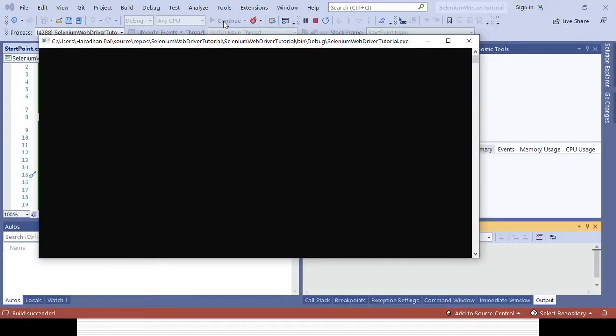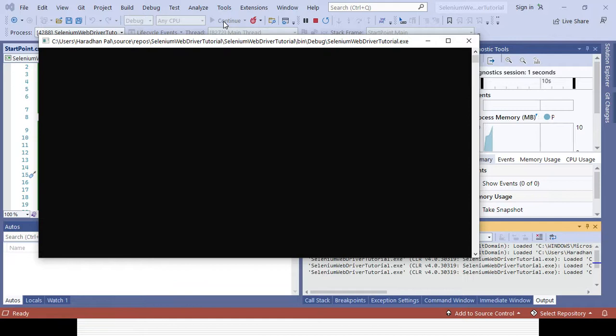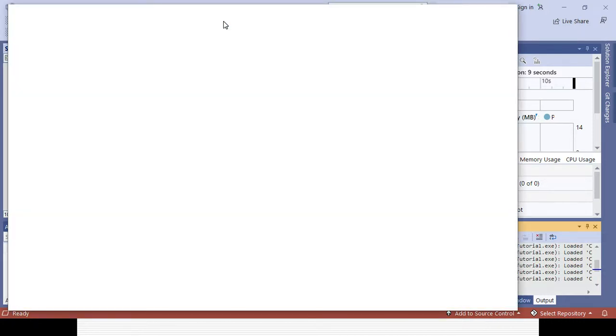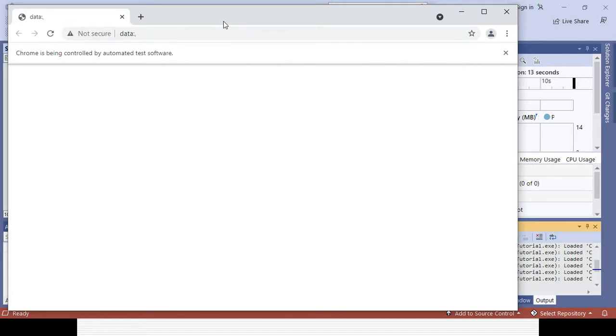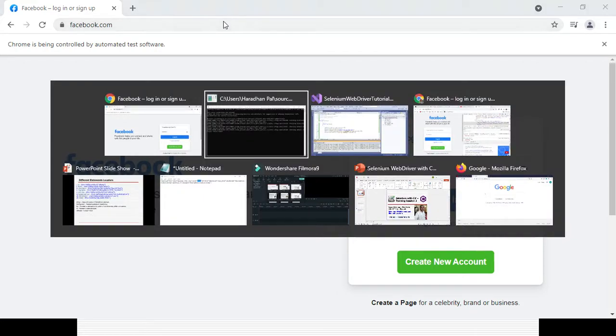This is the Selenium WebDriver tutorial.exe file getting executed. So it will launch the Chrome browser first. It is trying to debug the code to see if any kind of error is there. So Chrome browser was started successfully. So it will maximize the window and it will enter the URL for the Facebook page. Once the page is fully loaded, it will try to identify email and password field, and it will try to enter the value. You can see the email field value has been entered here, right?